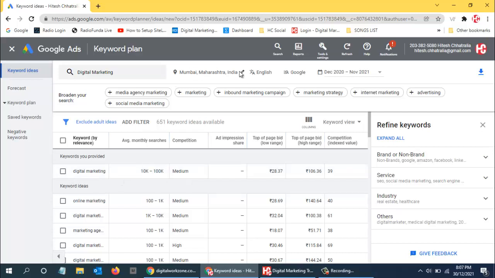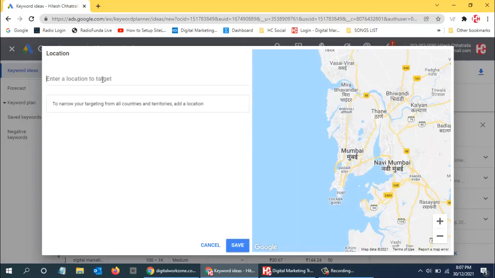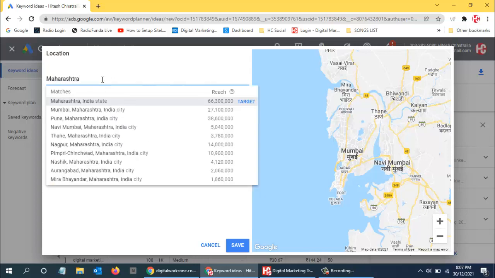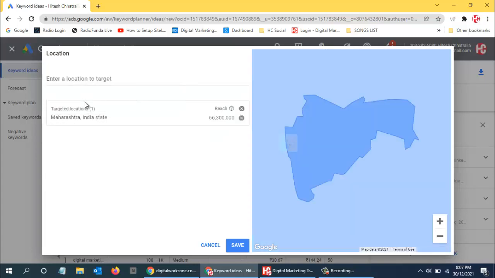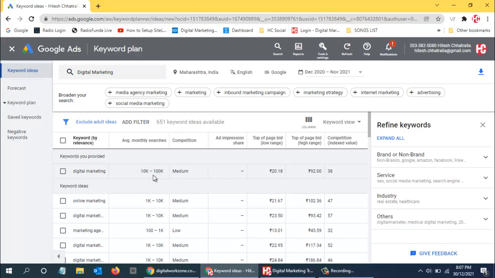Like this, I can keep on changing the different cities or states I want to use. So this was Mumbai. Now let me try Maharashtra, and then I'll click on save. In Maharashtra, the figure is the same, minimum 10,000 to 1 lakh.